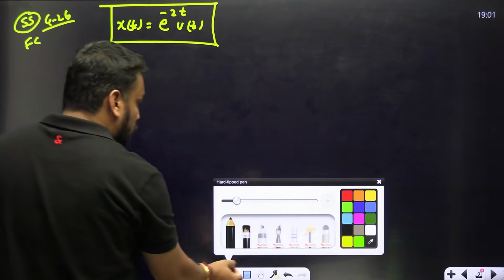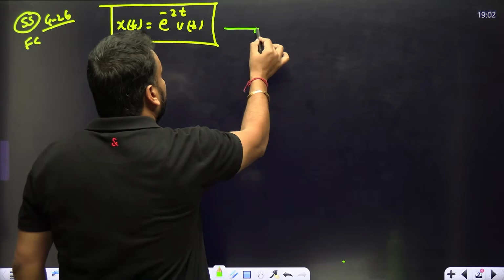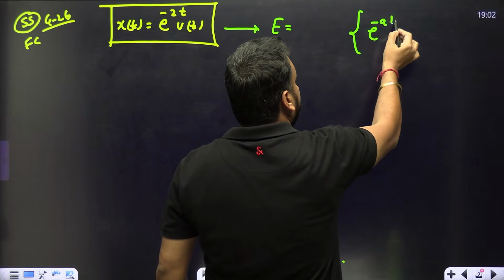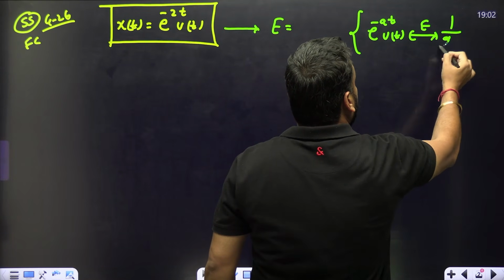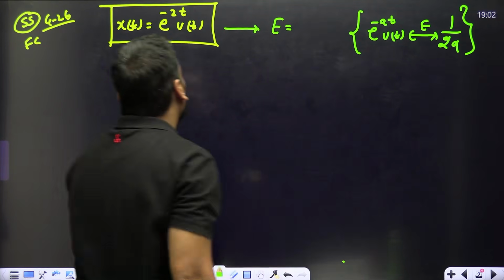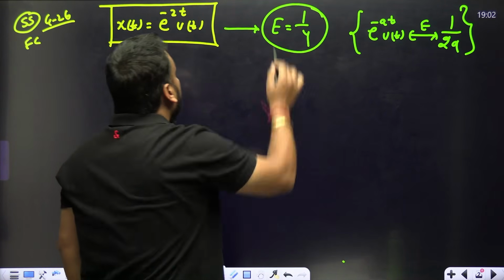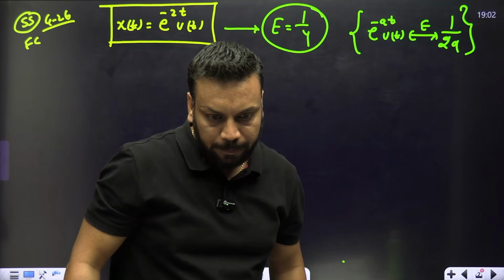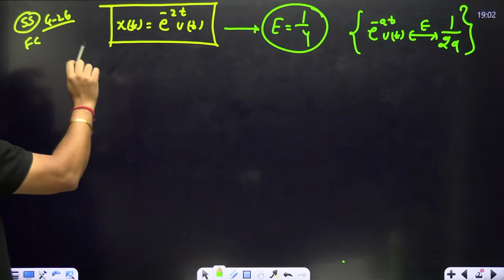Now student, tell me how to solve. First, you can tell me what the energy of this signal is. We all know that the energy of e to the power minus at u(t) is directly 1/2a. So the energy of e to the power minus 2t u(t) will be 1/4, for sure. No problem until here. Now the examiner says 99% of this energy is stored